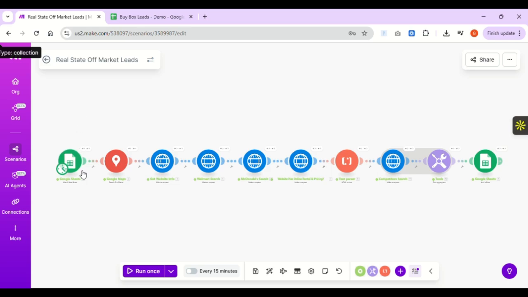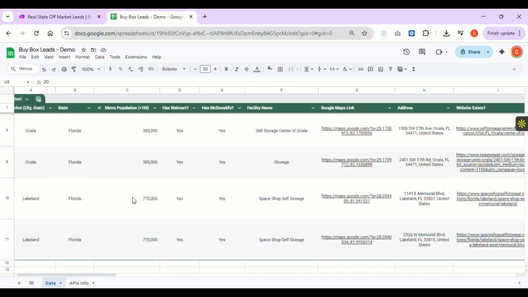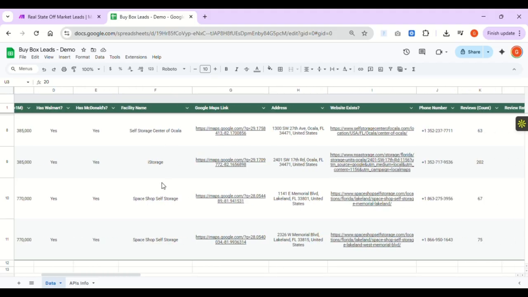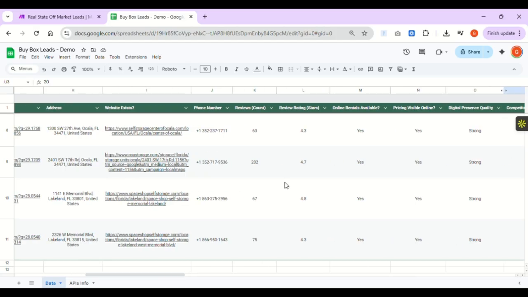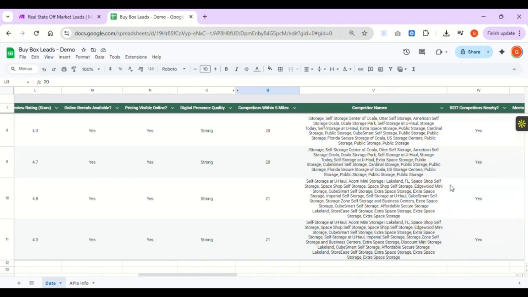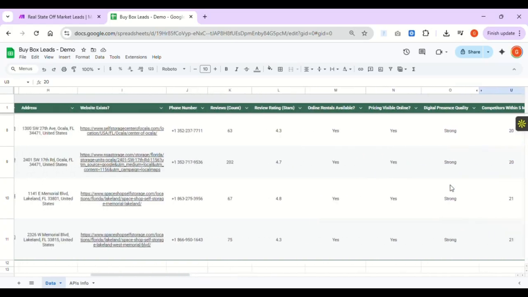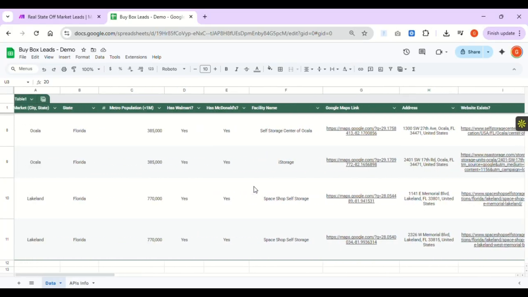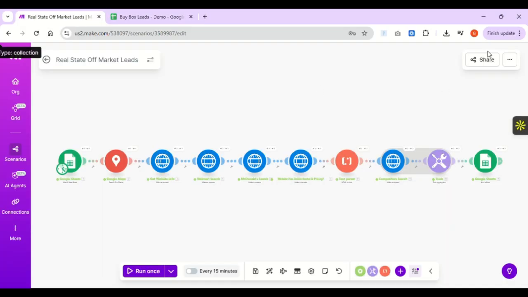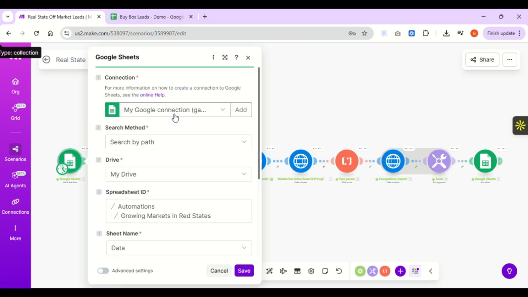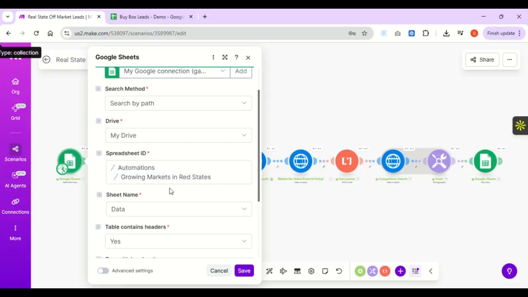Okay, so today I'm going to show you an automation to get off-market leads for real estate and give you a table like this with all of the information, phone number, the competitors, and all this is according to your criteria, but I'm going to show you how to scrape this information. So first, you're going to connect your file, your Excel file where you have the markets that